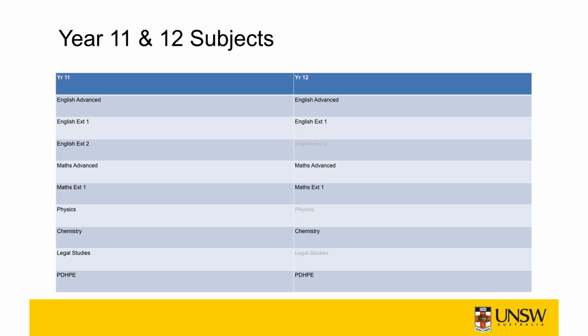For some of my subjects, though, going between year 11 and 12, I did drop. So I dropped physics and I dropped legal studies. The reasons were I didn't like my physics class, I didn't like the people in it, and for legal studies, I just genuinely did not like the teacher, and I'd just go in there and argue with them every day. And let's be honest, not every teacher at your school is going to be perfect. There's probably a teacher in your English faculty and you're sitting there fingers crossed that you don't get them next year. And that's a reality.